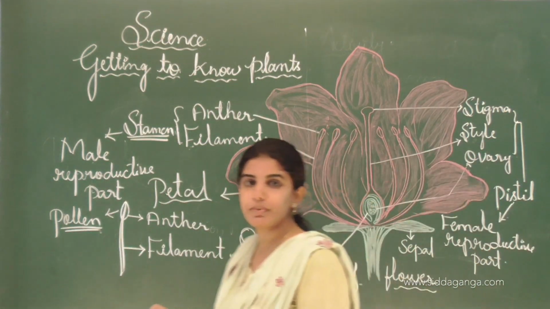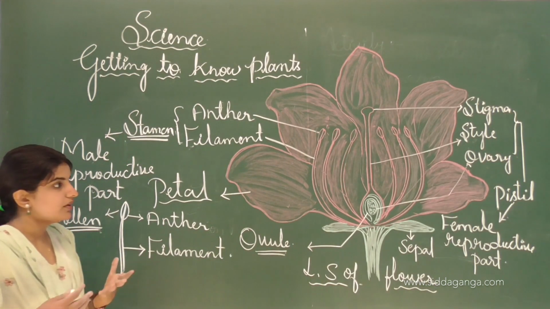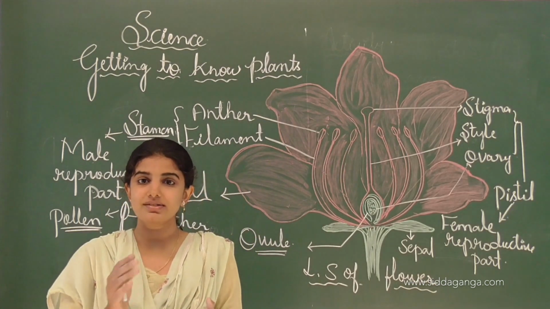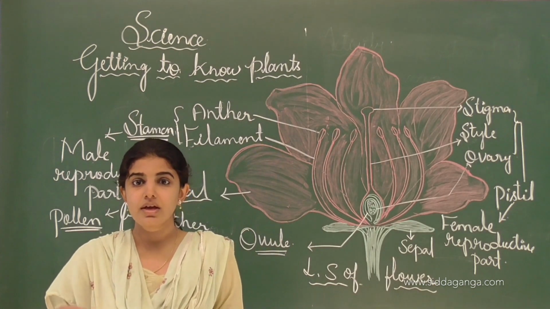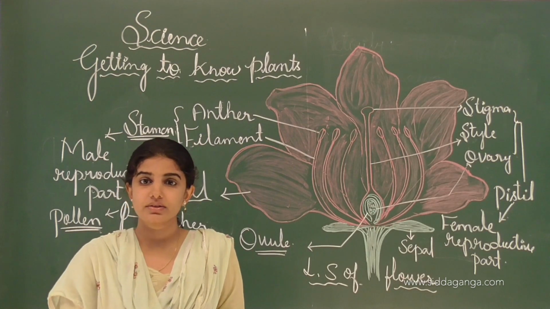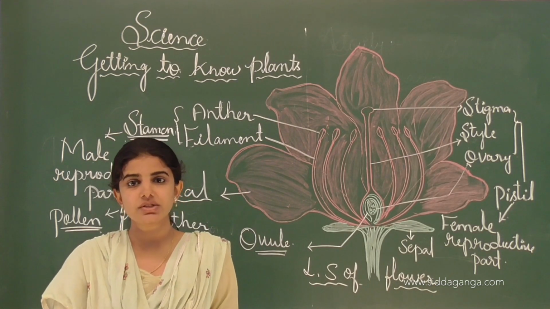Female reproductive part is called as pistil. See, this is all about the diagram of a flower. Once again I will tell you, different plants bear different flowers which differ in size as well as shape and have bright colors which attract insects, human beings, and even animals. And to suck the nectar from the flower, insects will come and visit each flower.